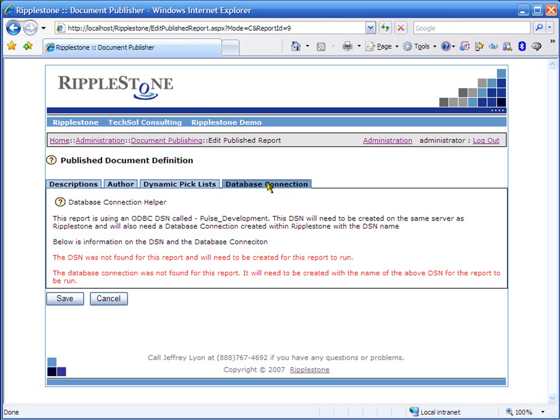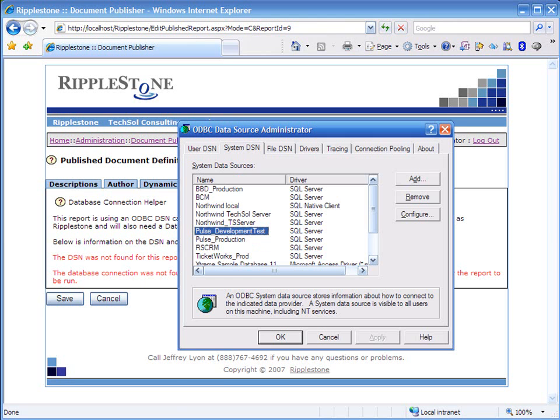This report is using an ODBC DSN called Pulse Development, and it will tell us that information at the beginning, and then it will tell us at the bottom if that information was found. And in our case, the DSN was not found for this report, and neither was the database connection found for this report. So first thing is we probably need to create a DSN, and we'll bring up the ODBC administrator,